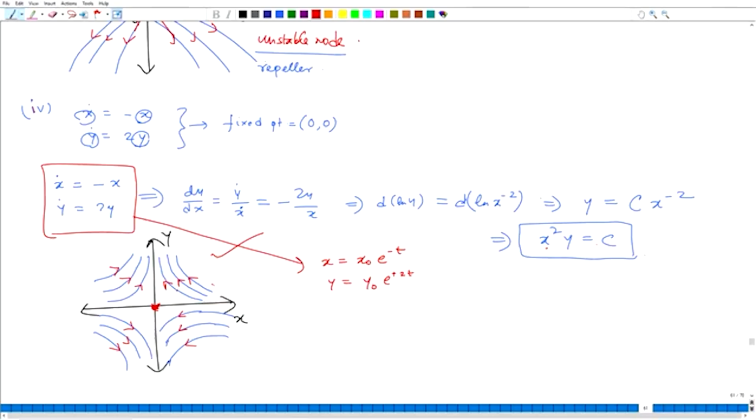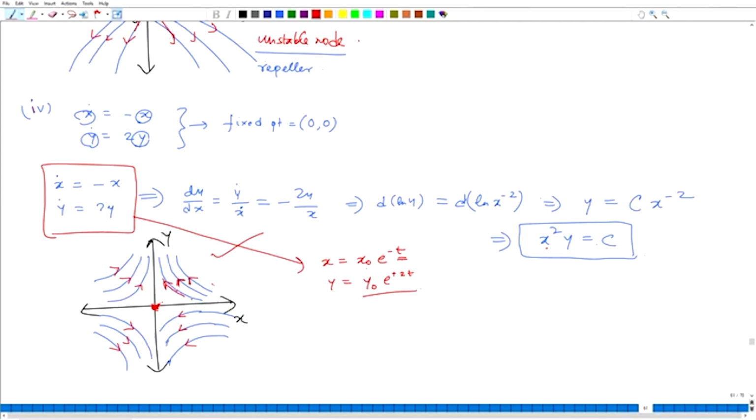So the first point is that in the first coordinate, when both x and y are positive, with increase of time, x is decreasing and y is increasing,